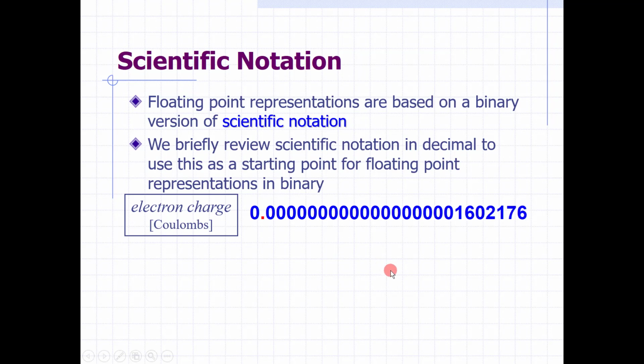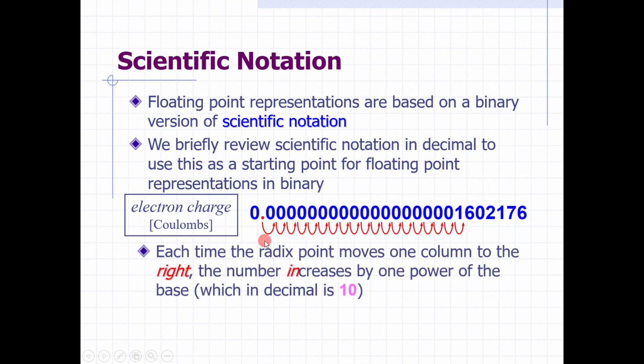Here's a very tiny number in base 10. It's an electron charge. If we were going to write that in scientific notation, as you recall, we would take the decimal point and move it to the right until we ended up with 1.6. So we keep track of how many times we had to move it, and each one of those is a power of 10. Because we're moving to the right, our exponent will be negative, so our answer will be